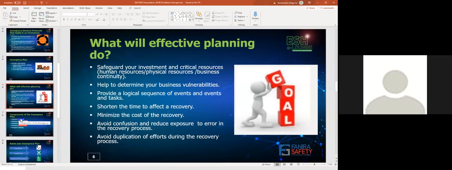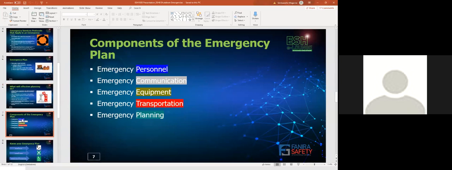And also, let's ensure that we have the components of a good emergency plan. The first thing that we should put in place is the emergency personnel. Remember, this is an emergency, and during the emergency, we should ensure that we have all the trainings in place. Let's have the personnel start at the basics. Let's ensure that we have the first aiders, we have the firefighters. We can even go to the extent of having the mine rescue teams, and ensure these personnel are trained, and they should have training